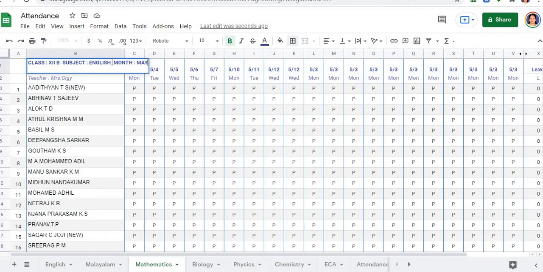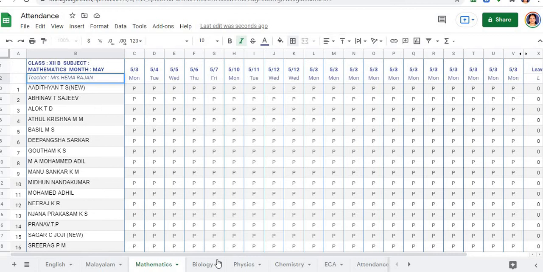Again you have to make the changes accordingly in the subject here. Instead of English it is Mathematics now. The name of the teacher is to be changed, and my Maths teacher is Hema Rajan teacher.